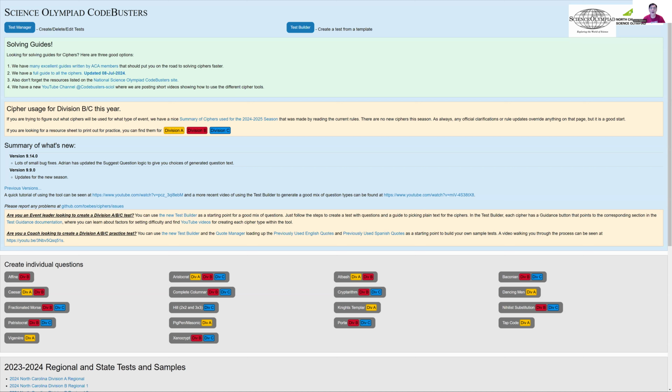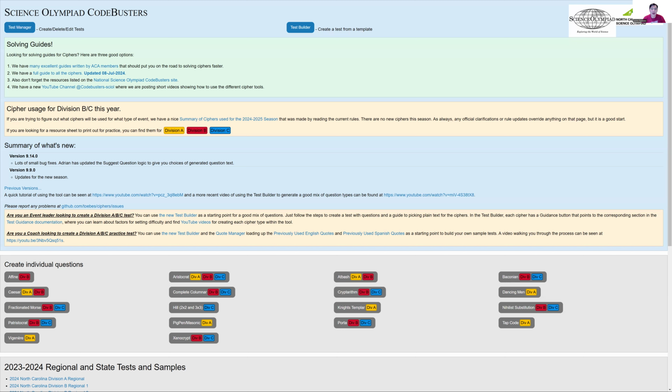I ended up creating 7 different tests that need to be equivalent, but we want to make sure that if a student volunteers in one region, they don't accidentally have an opportunity to see an answer to a question that might appear in their region. So for this reason, in past years, I've gone through the trouble of creating multiple tests for each region. When you consider that each test is 22, 24 questions times 7 regions, that's a lot of questions to be